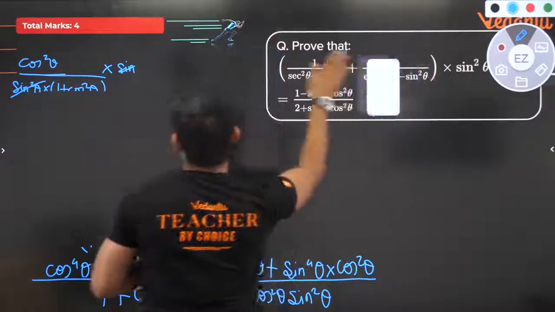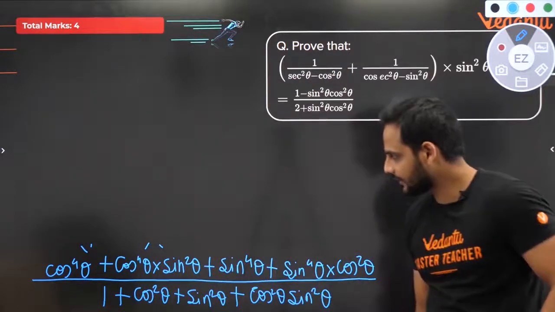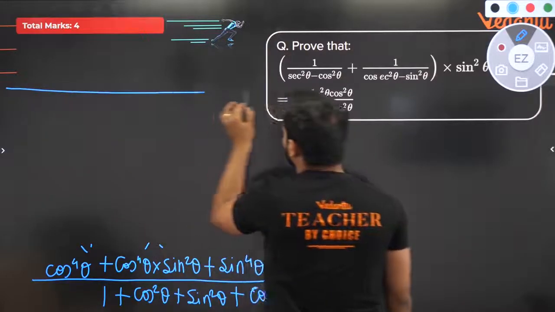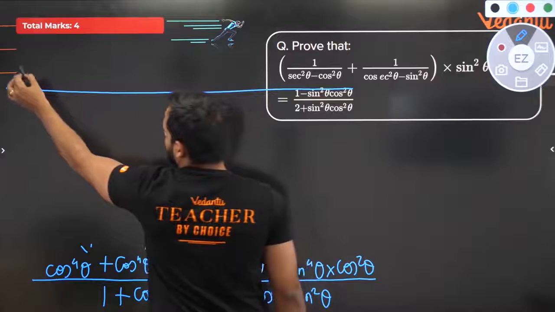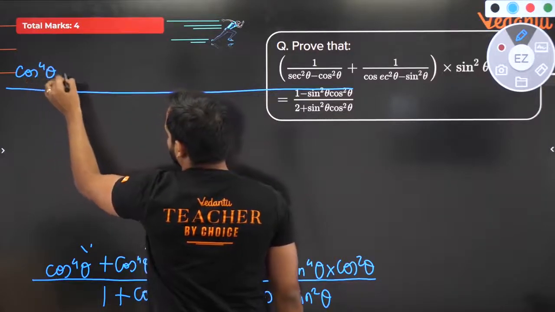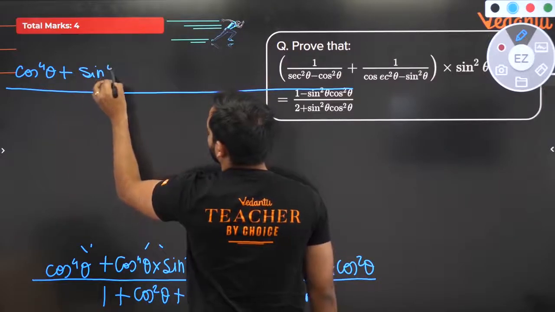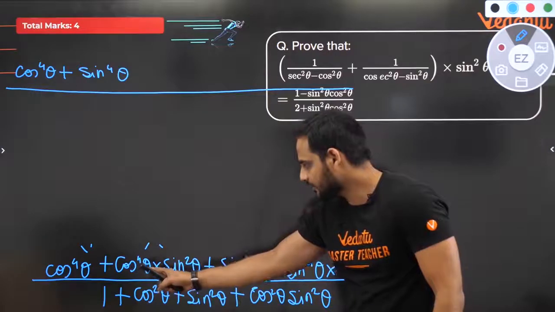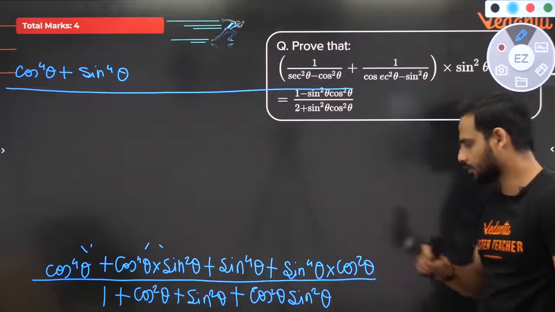Now we will solve it ahead. ठीक है. So now देखो बेटा numerator. Let's first take what is the numerator. Numerator will become, देखना क्या बन जाएगा यार. You have cos raised to the power 4 theta, and then here you have sin raised to the power 4 theta. Okay. Now what do you have here? Cos raised to the power 4 theta into sin square theta, and here you have sin raised to the power 4 theta into cos square theta.